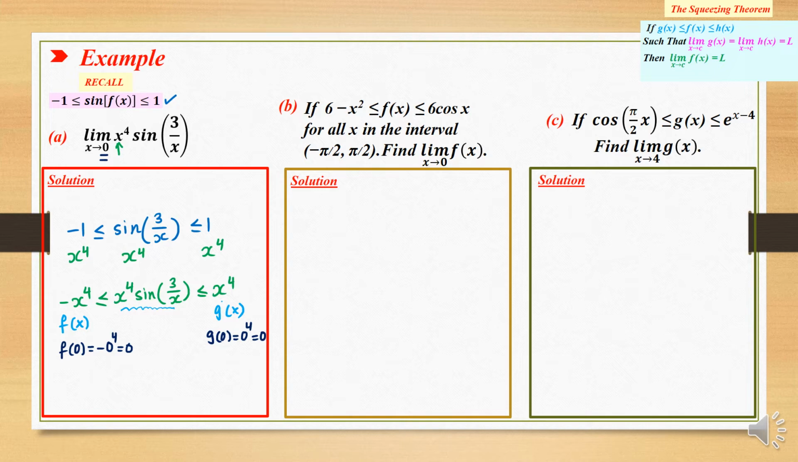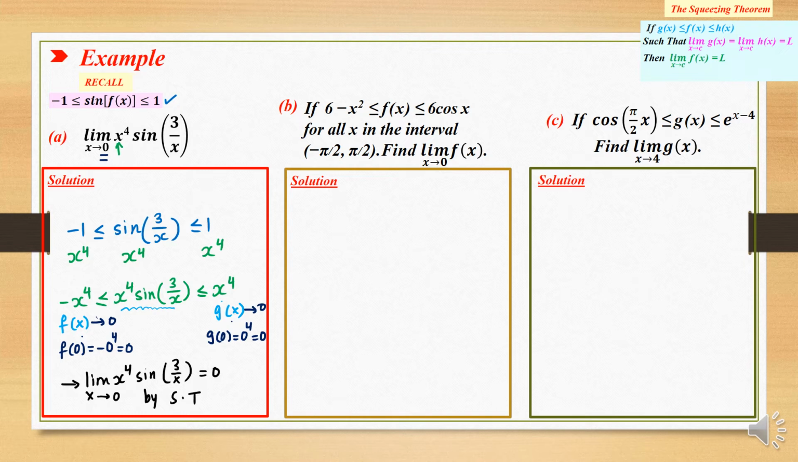Now since the boundaries f of x and g of x go to 0 as x goes to 0, this implies that the limit of x to the fourth sine 3 over x when x goes to 0 is equal to 0 by the squeezing theorem. For the second question, part B,